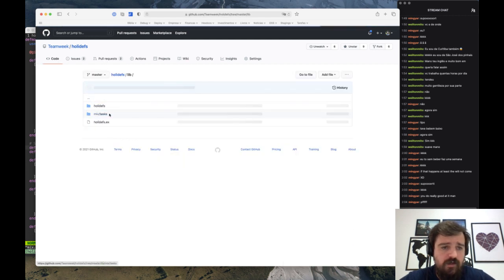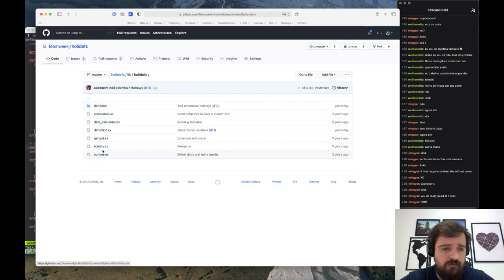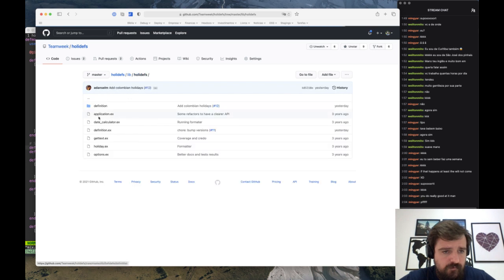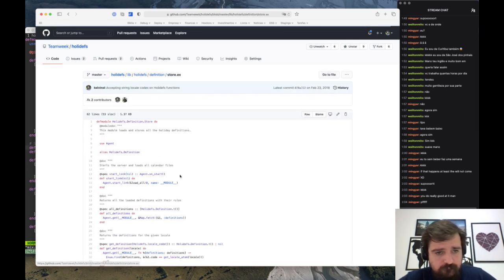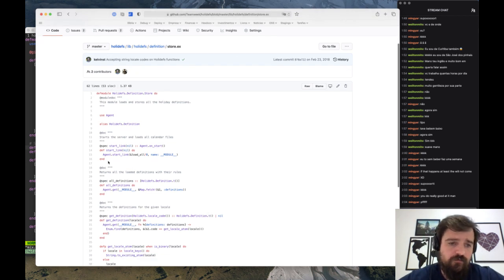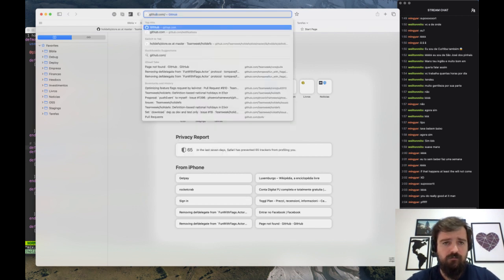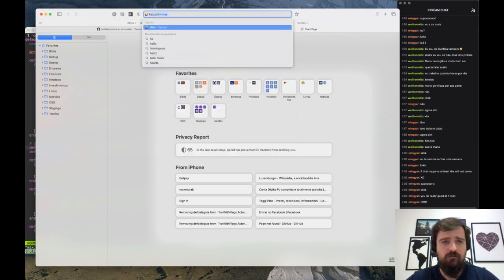When starting the app, it starts this application file here. When starting it, we start this child, the definition store, and the definition store is actually an agent. For those who don't know what an agent is, it is Git, I guess hex docs is better. Elixir